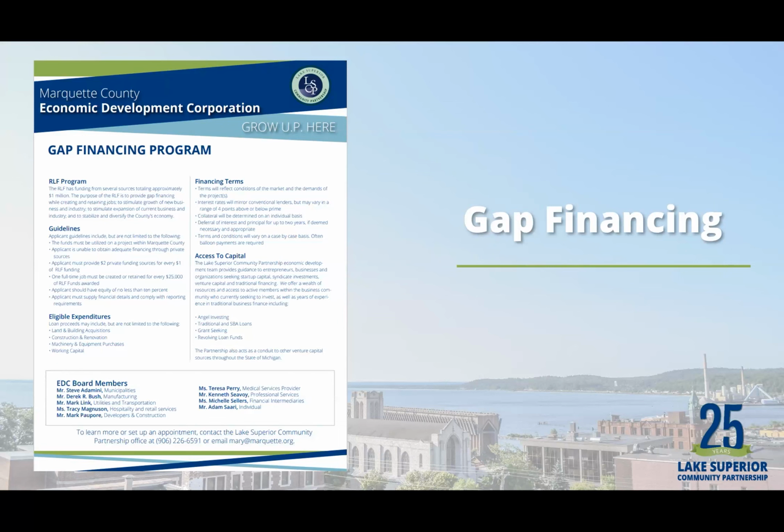An example of this would be needing money to purchase a piece of equipment for your business. And let's say for numbers' sake that it costs $30,000 to purchase. If you can put in $10,000 and your bank is willing to partner with you and lend you $10,000, right now you have a total of $20,000, but you need $30,000. There is a gap of $10,000 that is needed to purchase the piece of equipment. And this program can help and assist with filling that gap.